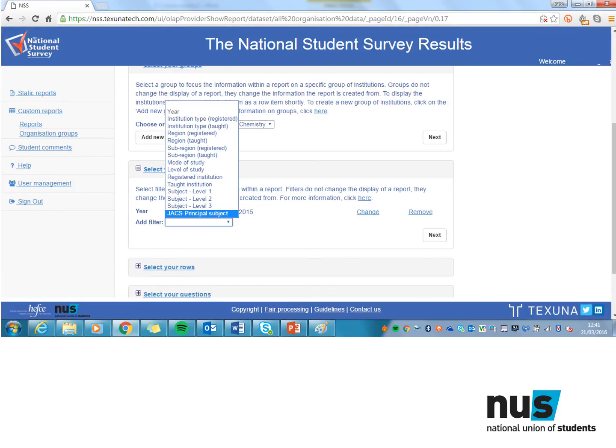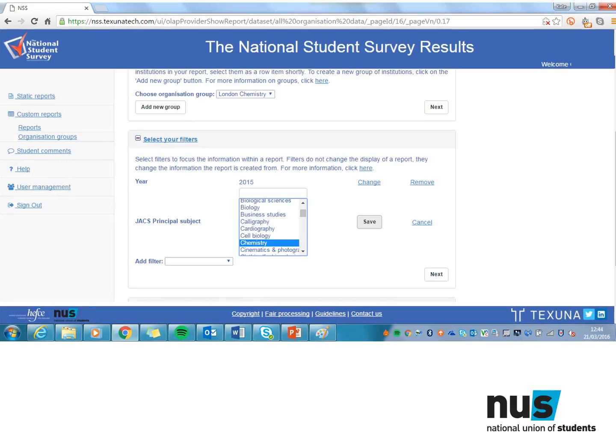Next, I select my filters. I've already used my group to filter out the institutions I'm interested in, but I don't want their overall scores. I want to compare the results for chemistry, so I need to add a subject filter. You could do this at department level, course title level, or use the JACS coding. I'm going to choose JACS Principal Subject, which will show me results for all courses where the major subject is chemistry. I make sure I've only selected chemistry and save the